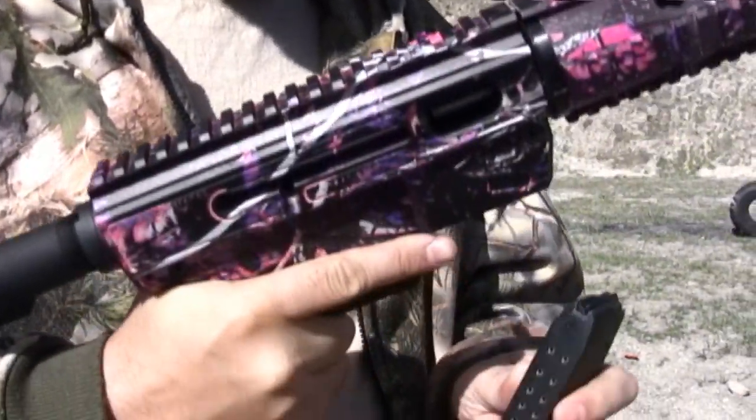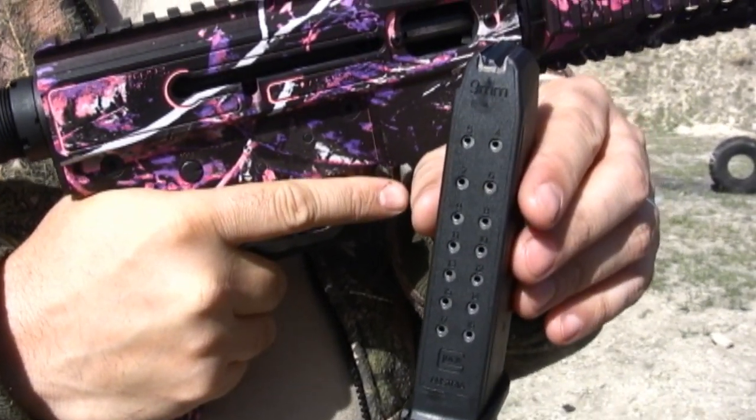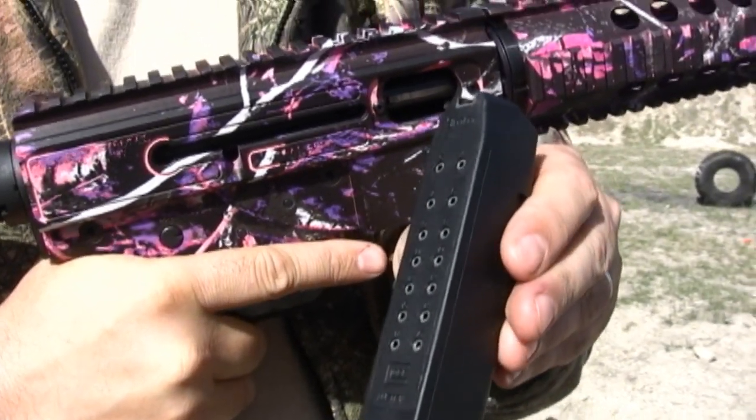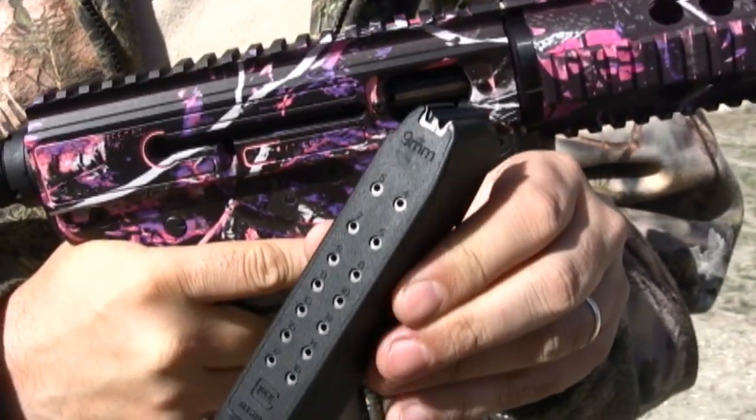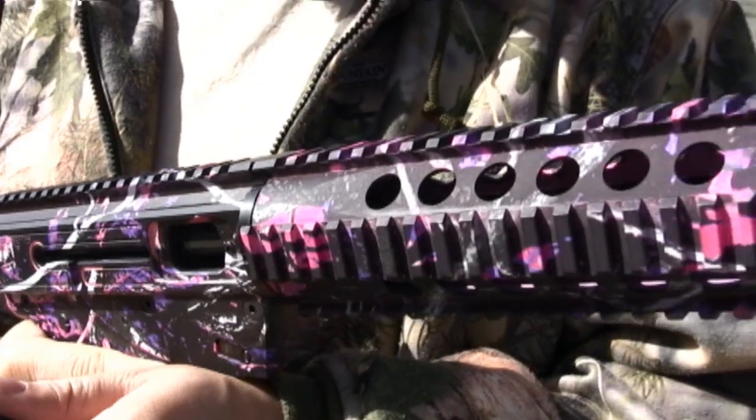Hey guys, today we got the Just Right carbine. This particular JRC comes with the 17 round Glock magazine. Sometimes these things will come with 10s and sometimes they'll come with 33s. This one has a standard 17. Of course, this one's in a 9mm. And the fun thing about the Just Rights,